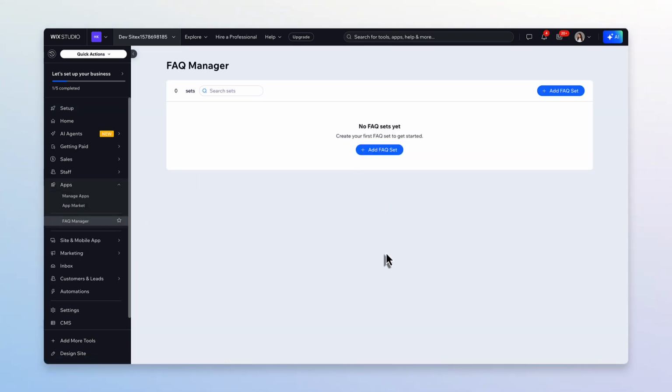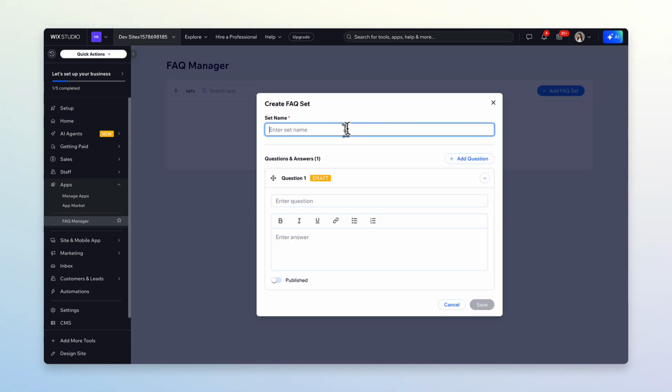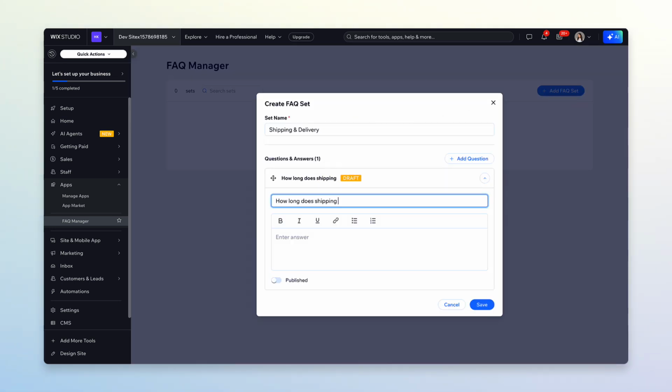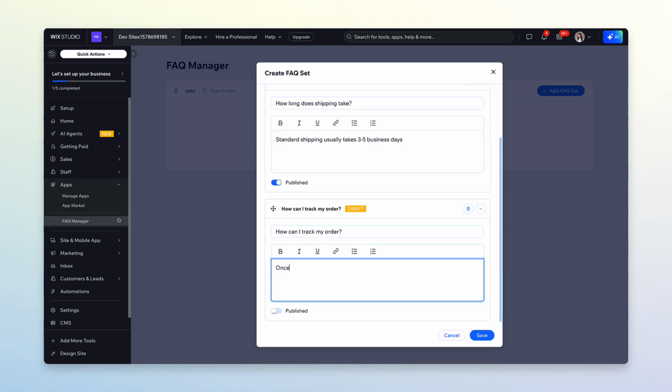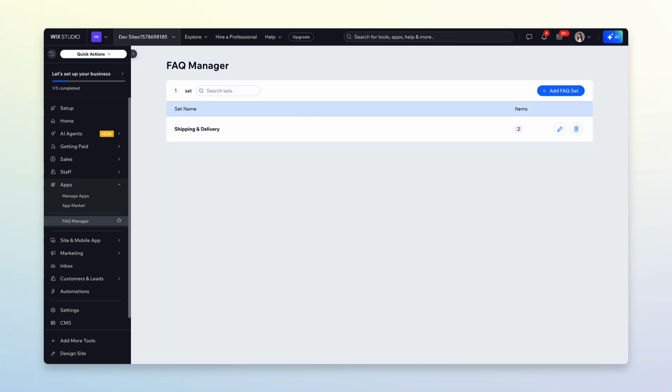In this demo, we'll start with an existing Wix app and add App Tools to it using a Wix skill. You can also add App Tools manually, but we recommend using the App Tools skill. You can learn more about both options in the description. So here I already have an FAQ Manager app that lets users create and manage FAQ sets and their questions and answers,